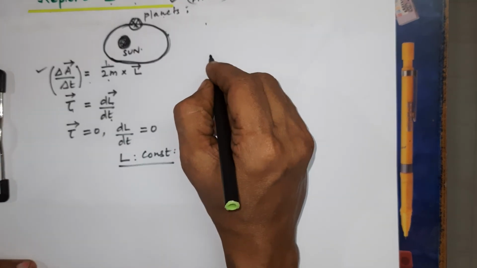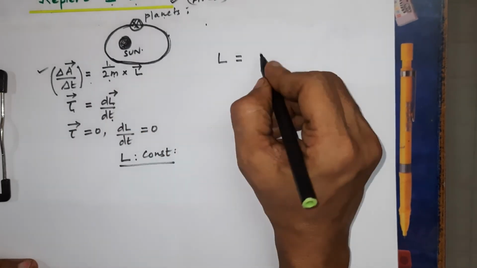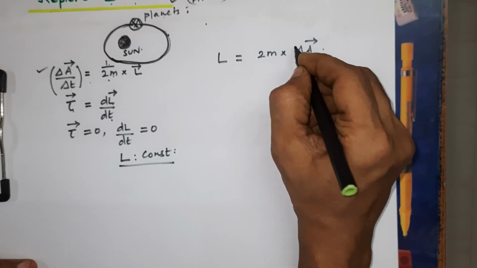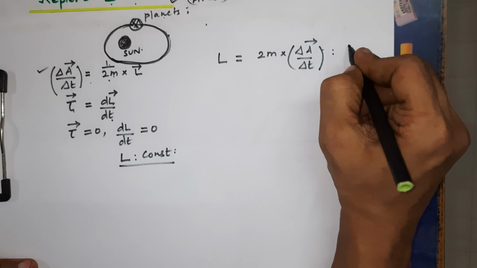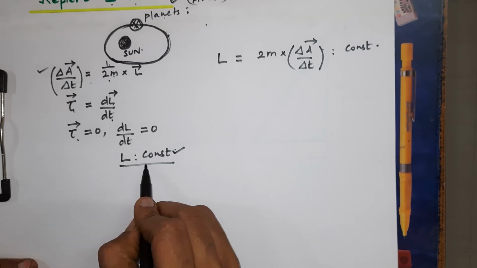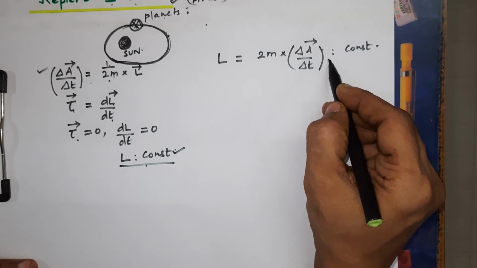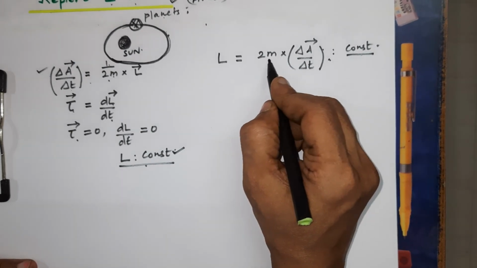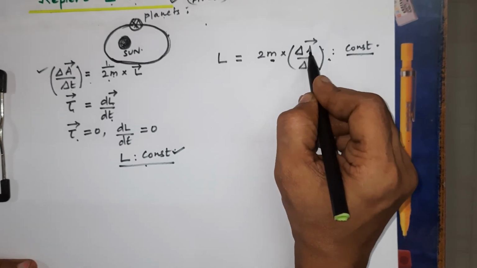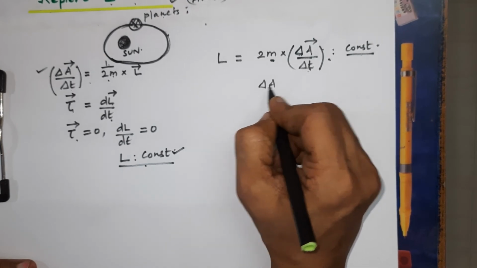When angular momentum is constant, we can also understand that L is equal to, when we rearrange this expression, 2m multiplied by delta A by delta T, which is the geometrical meaning of angular momentum, and that is also a constant. When torque tau is equal to 0, L is a constant, there is no rate of change of angular momentum, and hence the expression, its geometrical meaning, also is going to be constant. In this expression, the mass is not going to change, it's a constant. Only the variable quantity is the areal velocity, the rate of change of area with respect to time. Therefore, that is going to be a constant.